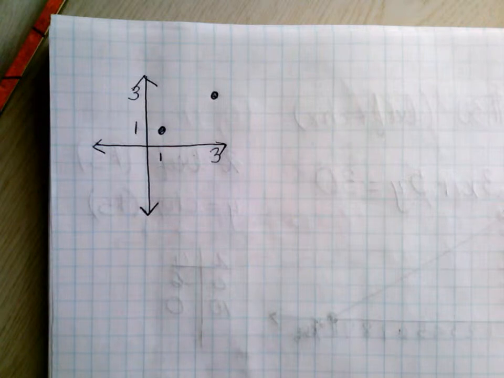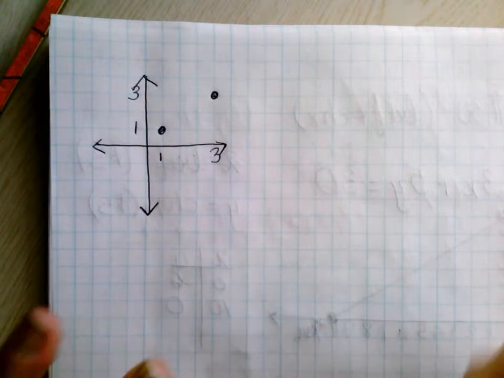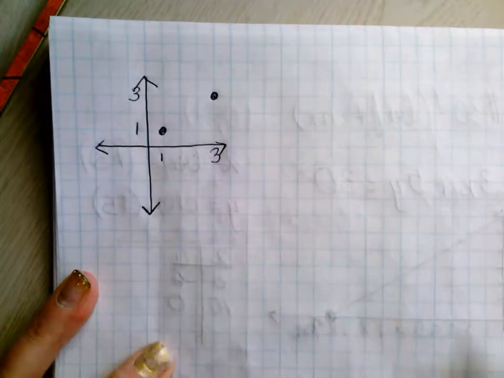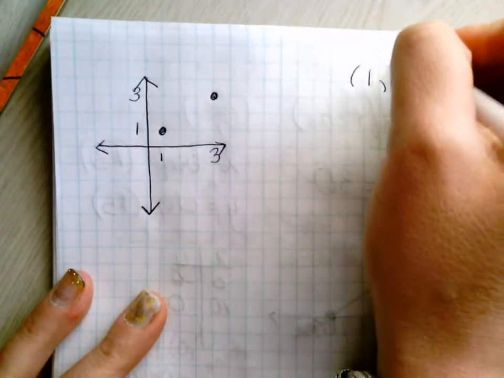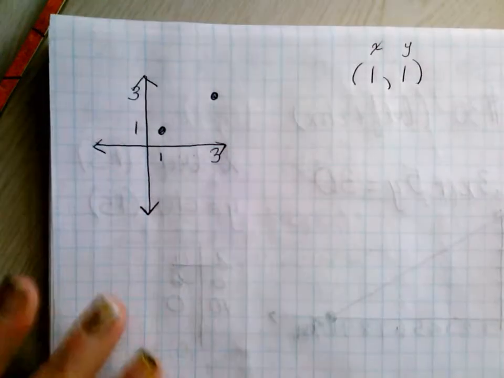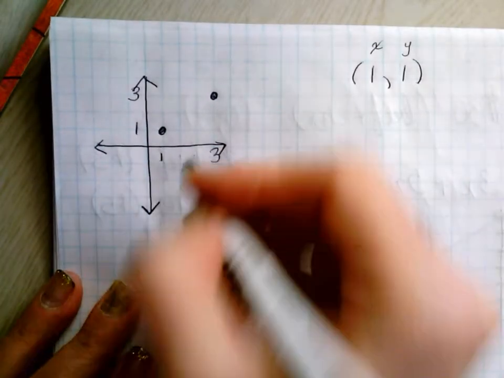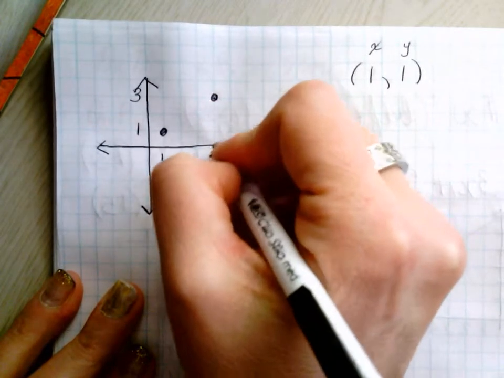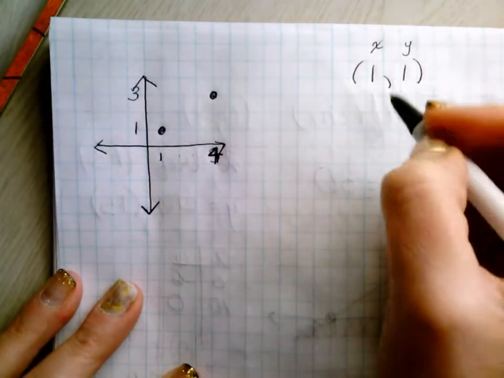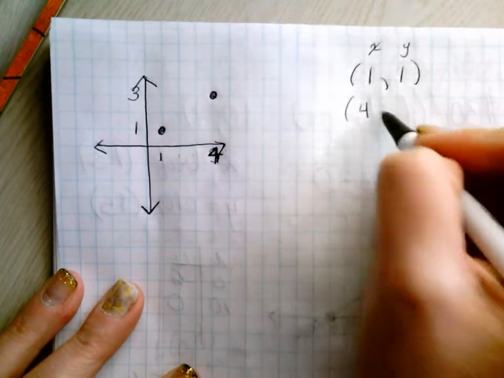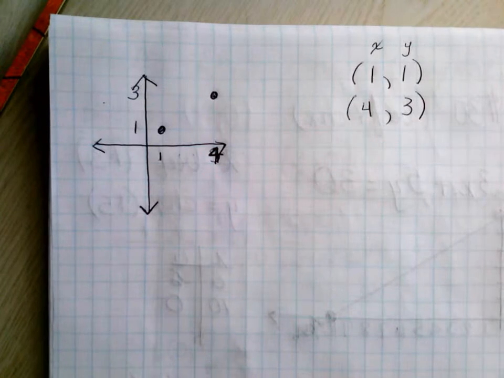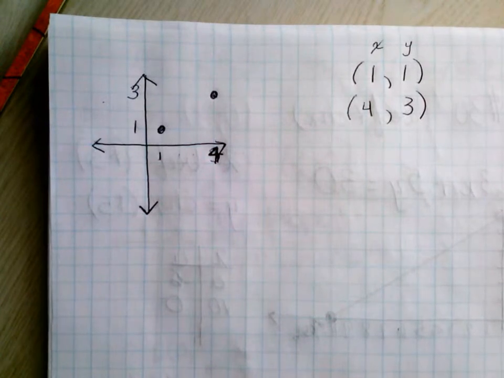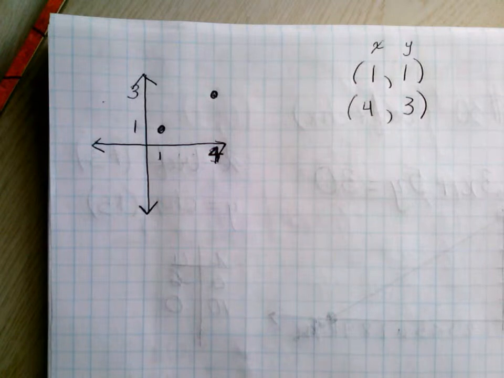Okay. The difference between the two, well, let's write down what the coordinates are. This is 1, 1, right? So the first one is 1, 1, and that's your y, that's your x. That's not a 3, Mrs. Myers. 1, 2, 3, 4. Sorry about that. The next point is 4, 3. Okay? Now, it says to find the change in y and divide it by the change in x to